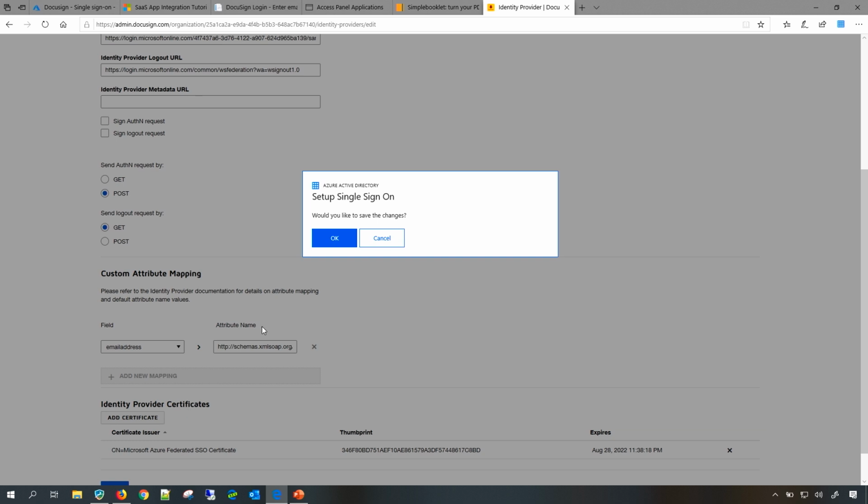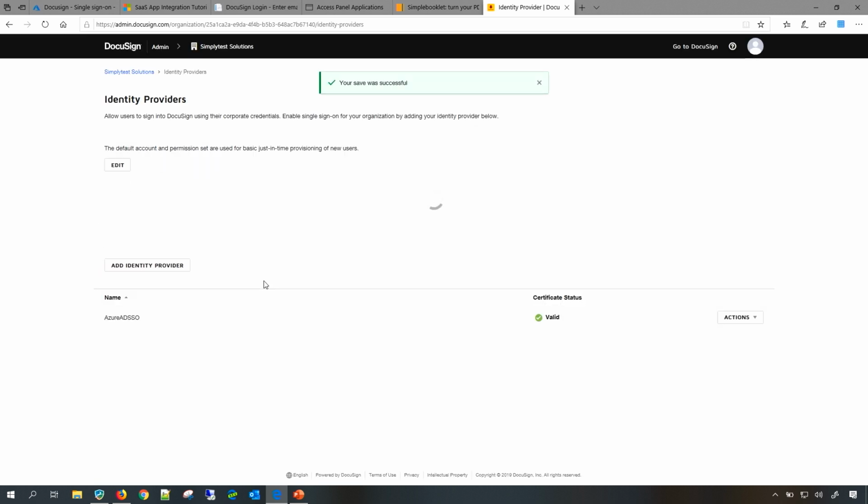Note that you can save this configuration right now, but you can edit it at any point of time. Right now I have mapped the email address to my particular attribute so that the user mapping can happen. But if you want a different kind of mapping, you can just save it and then edit this configuration. Basically, we provide the default mapping for you, but you can customize that at any point of time. Right now, I'm just clicking on the OK button, and you can see the configuration is being saved.